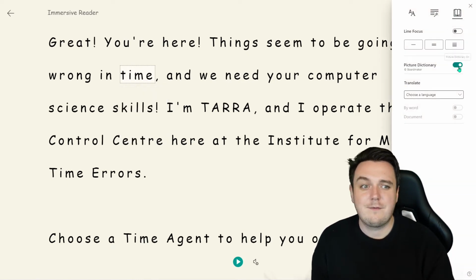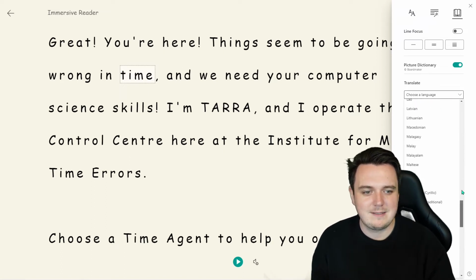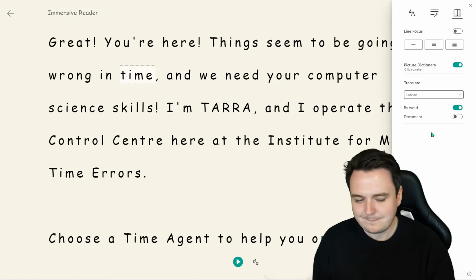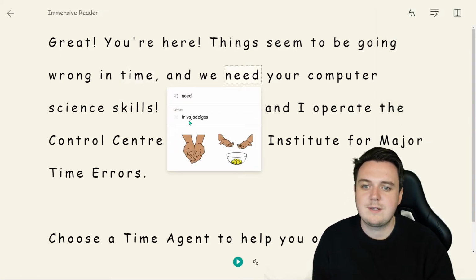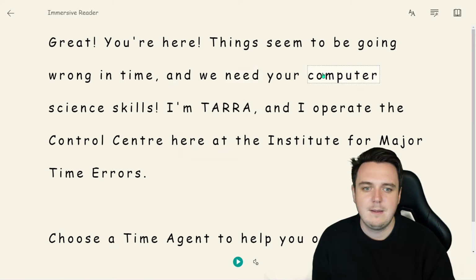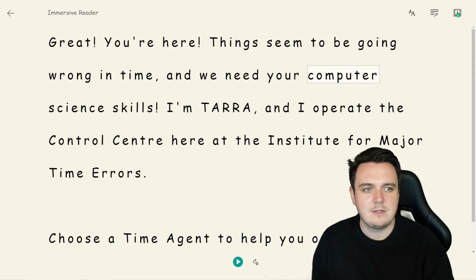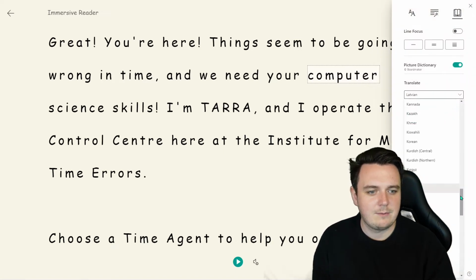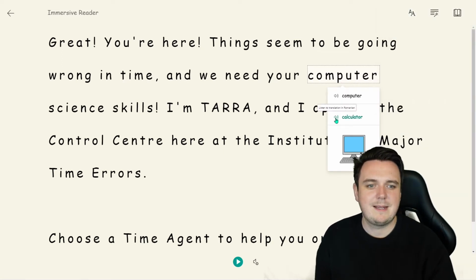And we also have, I love this, the translate option. So I'm just going to pick any random language, don't know what we're going for, Latvian. And you can translate by word, so I can click on a word and it's going to translate that into Latvian for me. Okay, for whatever reason it's not loading up this sound, but usually it does. So let's change language just now. It might just be my computer's in overdrive just now. Yes, so there we go, we can listen back